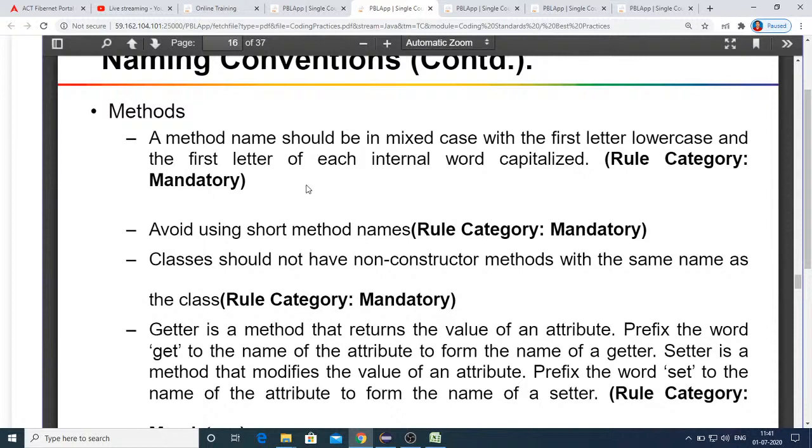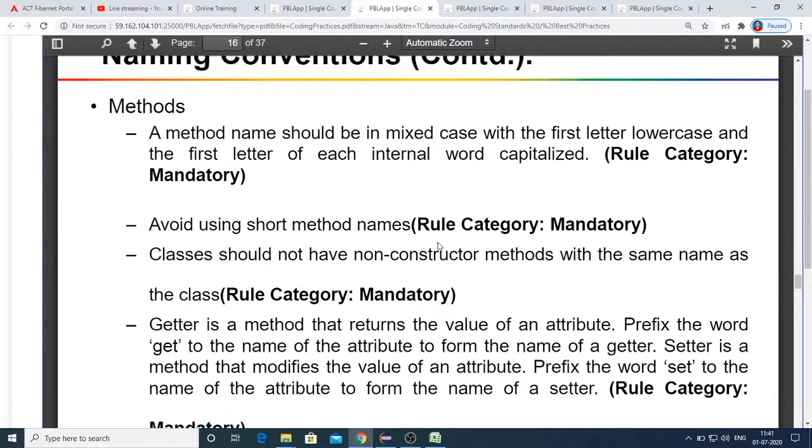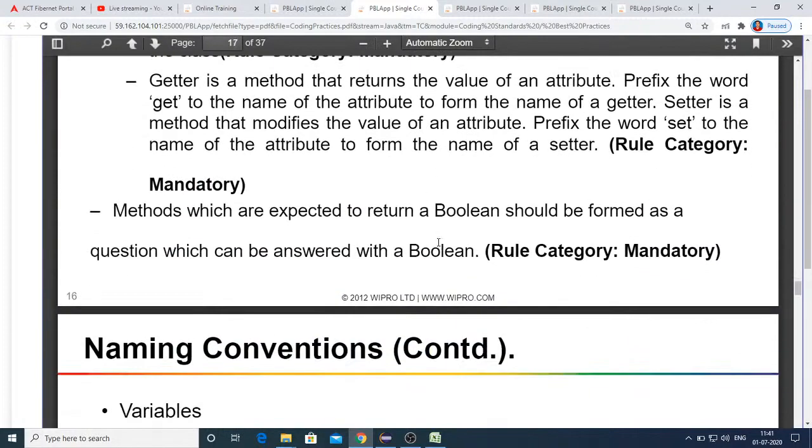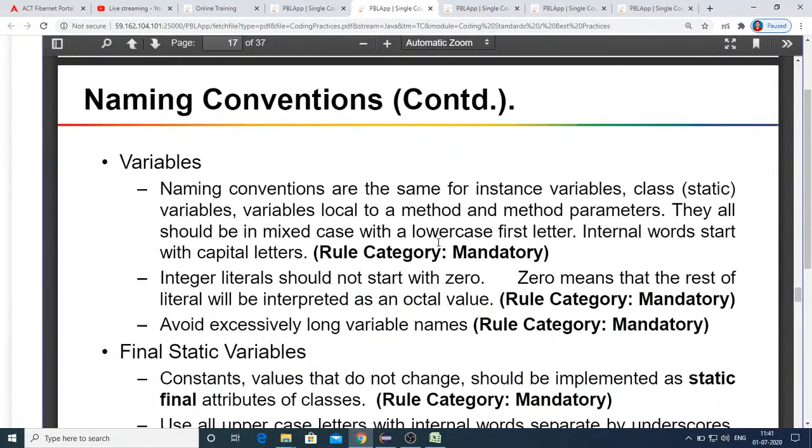But while naming methods, you should remember that the first letter is lowercase and each internal word's first character is capital. The same thing applies for variables also. So avoid using short method names, and method names should be verbs. Remember that nature also. And for variables, again the same thing.